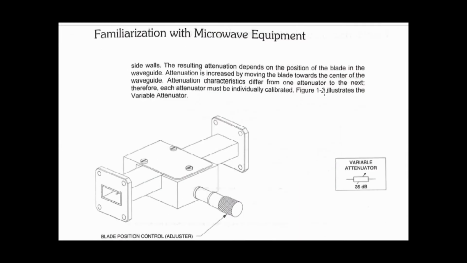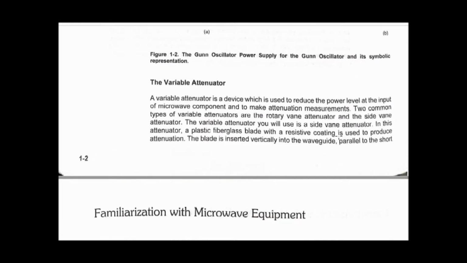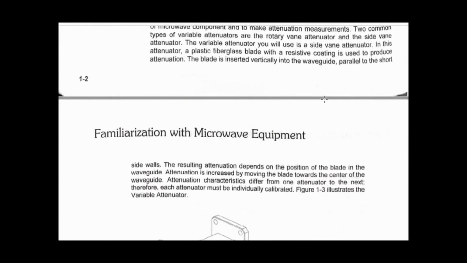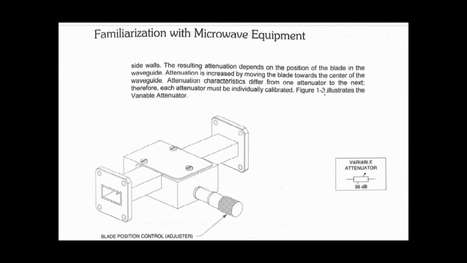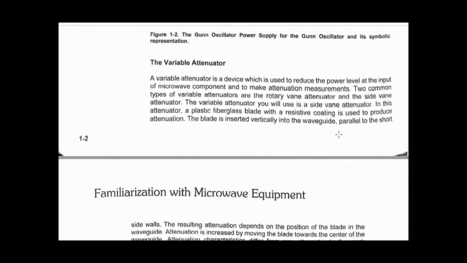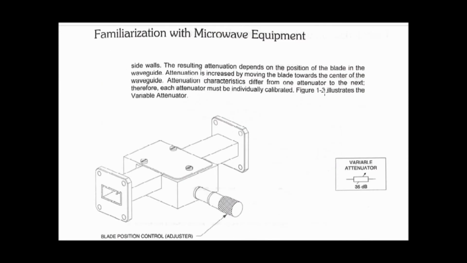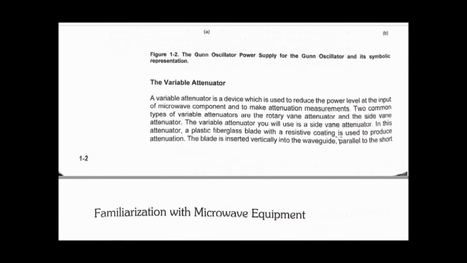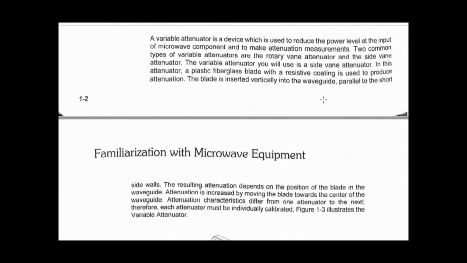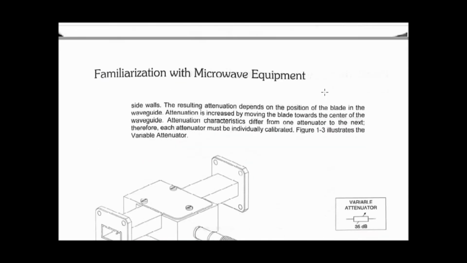The fixed attenuator is similar to a constant value resistance, and a variable attenuator is similar to a variable resistor,